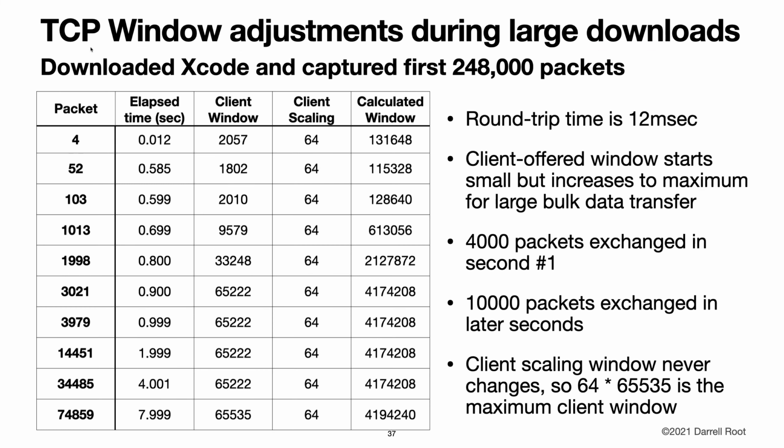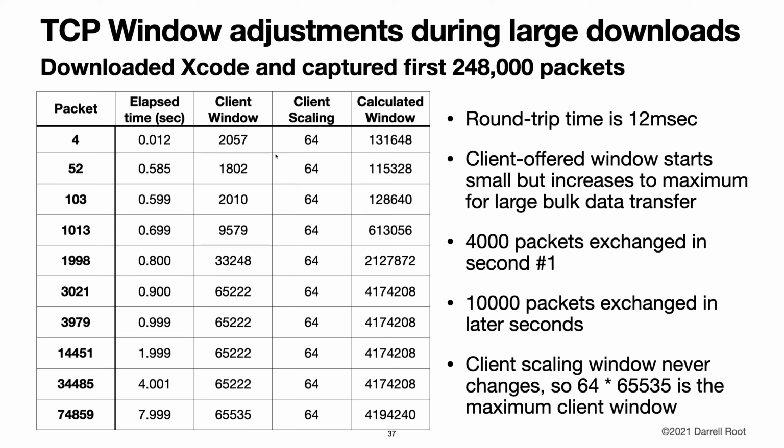TCP adjusts the window size during a TCP connection to help throttle or speed up data transmission speeds. I wanted to do a study of the TCP window size for a large download. So I downloaded Xcode and captured the first 248,000 packets and then looked at some of the packets. The round trip time to my server is 12 milliseconds. The client offered window started at 2057. However, the window scaling factor was set to 64. So the calculated window was